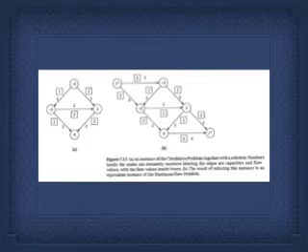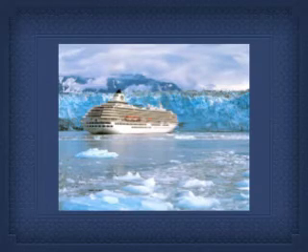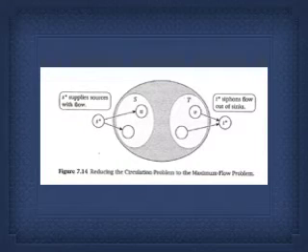It turns out that we can reduce the problem of finding a feasible circulation with demands the set d_v to the problem of finding a maximum s-t flow in a different network, as shown in figure 7.14. The reduction looks very much like the one we used for bipartite matching. We attach a super source S star to each node in S and a super sink T star to each node in T. More specifically, we create the graph G prime from G by adding new nodes S star and